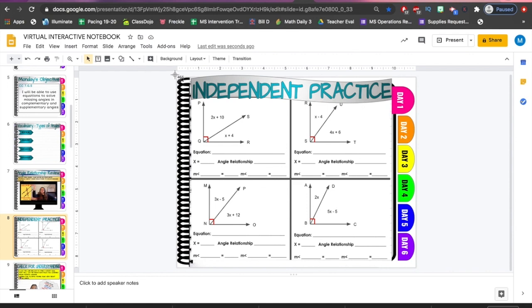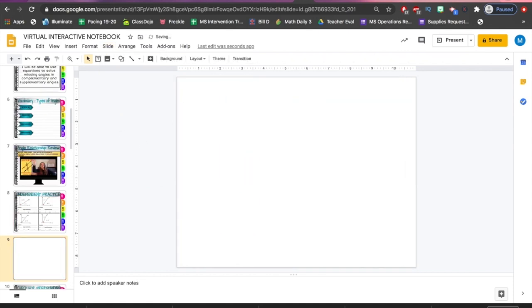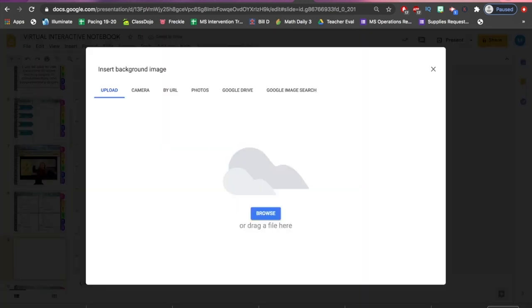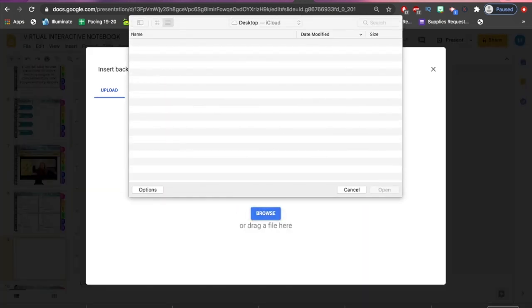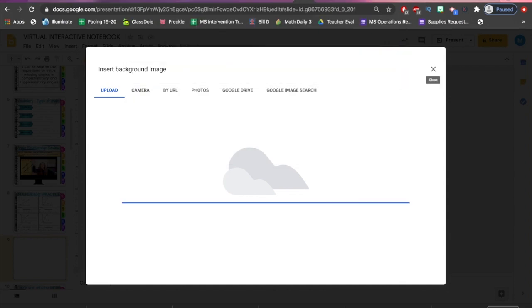So all of the pages you're going to want to make so that the backgrounds are immovable, or whatever the pieces that you don't want the students to move, you want to make as the background and only have the pieces that you want them to move movable. So what I'm going to do is I'm going to go to background, again, choose image, browse, and choose the screenshot that I just took. And then from here,